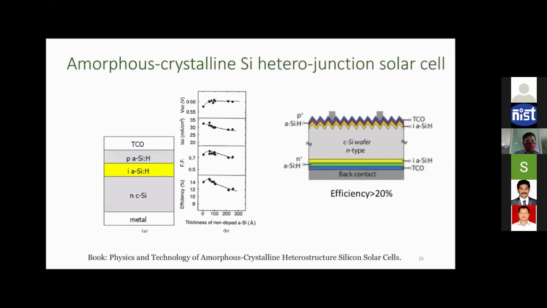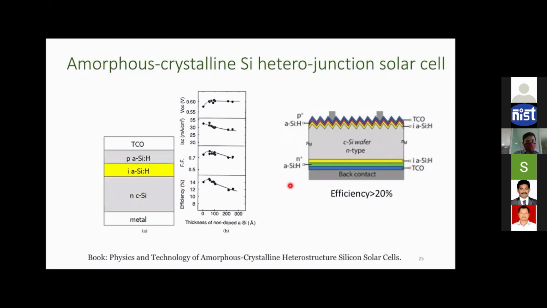Now people have moved further. They started with insertion of an intrinsic amorphous silicon at the top of crystalline silicon in one side. But presently what we have is amorphous silicon on both sides of your crystalline silicon. That means the crystalline silicon wafer is passivated on both sides by intrinsic amorphous silicon, and you are having heterojunction on both sides as well. So initially you are having heterojunction only to collect the holes, and there is no heterojunction to collect electrons here.